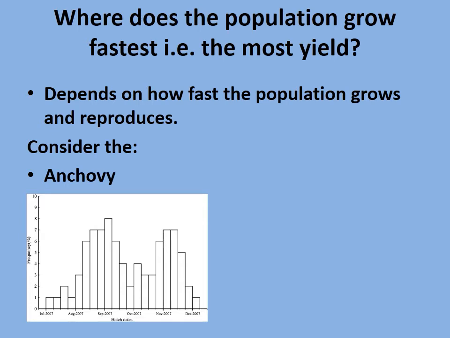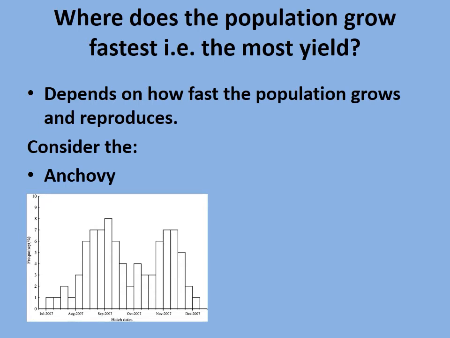But anyway, these fish were aged, and so about 1% were born in July 2007, and then the next 2-week period along, about 1%, and then 2%, and the next column, back to 1%, 3%, 6%, 7%. And you can see that if you add up all of those columns, you'll get to 100%. So all of the catch was hatched between July 2007 and December 2007.